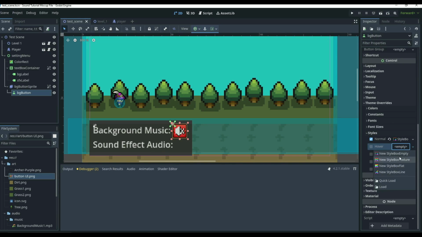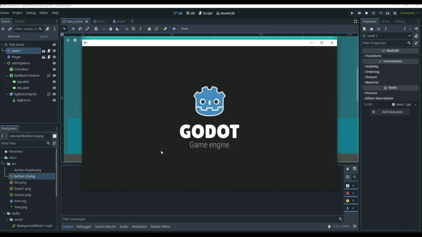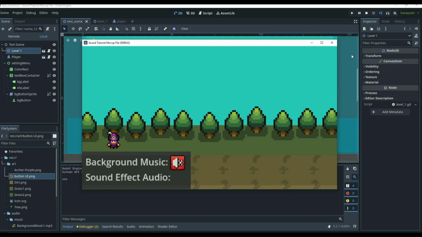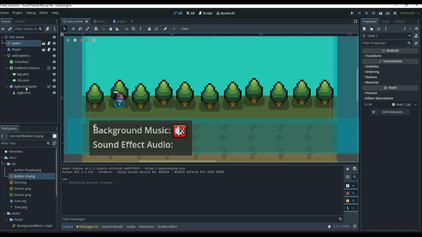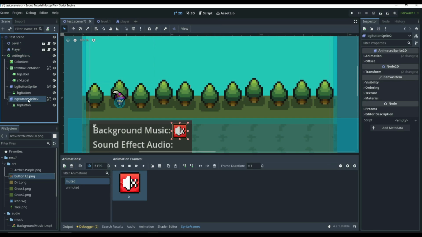We can say hover, empty, and we can basically make all these here empty, just like that. Now if we click play, you're going to see that nothing happens with the button, but we can click it. So how are we going to do changing it? That's going to end up happening in the script by us changing it back and forth, based on the different animations. So we can just copy this sprite, paste it under the settings, bring it down a little bit to here, and rename this to our